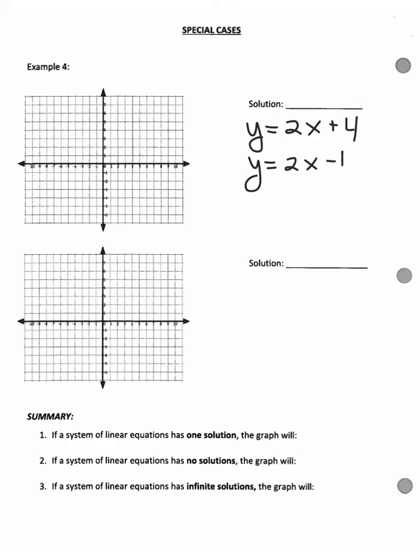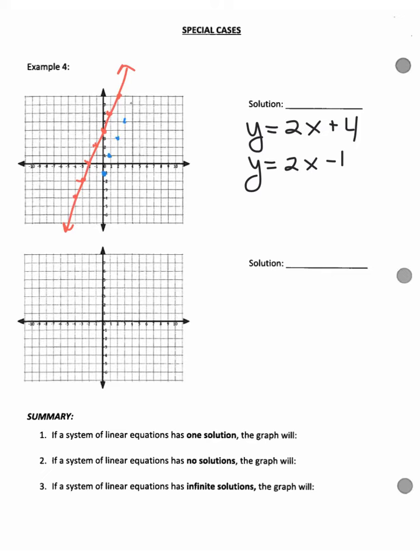So let's see what we get when we graph 2x plus 4, whose y-intercept is 4 and slope is 2. So we're going to go up 2 over 1, up 2 over 1. We can also go down 2 and backwards 1. And if I connect those points with a line, that's my first equation. The next equation is 2x minus 1. So my y-intercept is negative 1, and it has a slope of 2 as well,